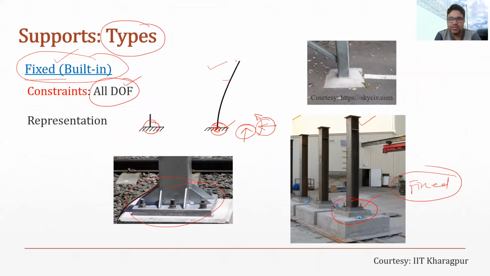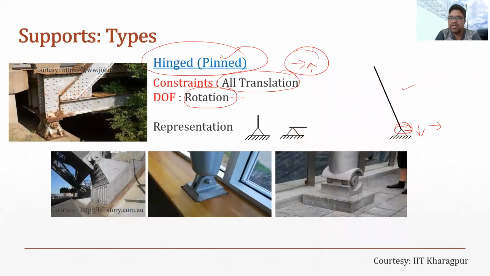Now you can closely monitor this and the second diagram on the slide. You can see the whole body is rotating about this point, which means rotation is allowed in the hinged support, or rather there is no reaction against the rotation, but the body cannot move horizontally or vertically, which means it will provide a reaction along the x-axis and along the y-axis. In real life, you can see this is an example of a hinged connection. This is also an example of a hinged connection, and this one.